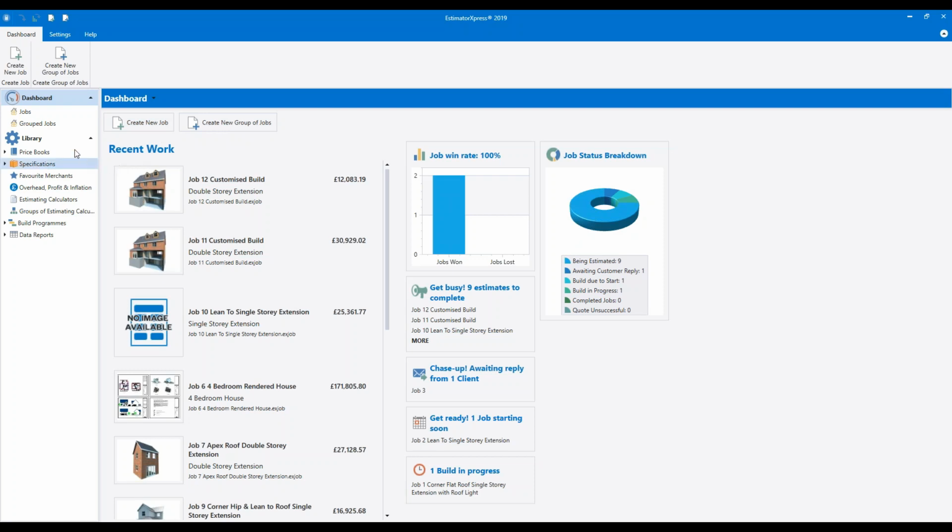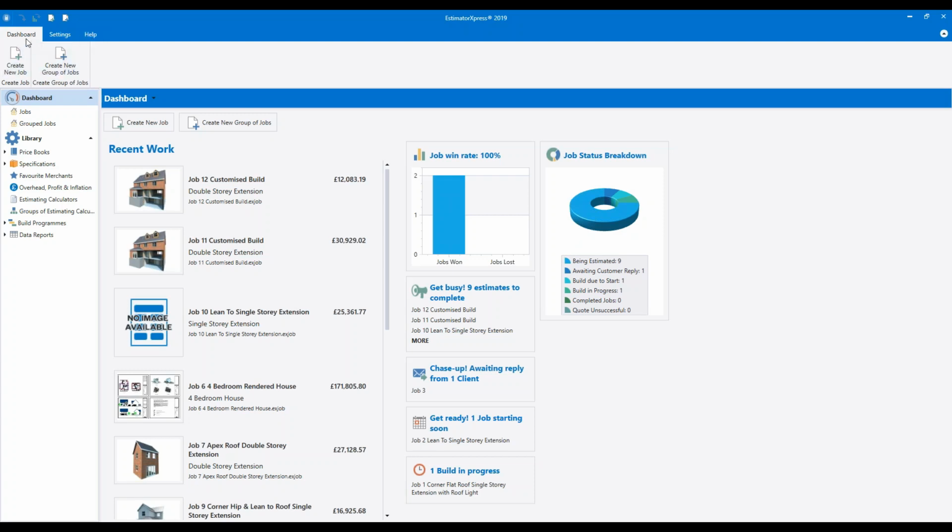As I've mentioned already, on the left-hand side of the screen we have the Estimator Express Navigator. Use this menu to navigate your way around the software. From here, you can open a list of jobs from where you can view and edit your job details. You can open grouped jobs, which we'll come on to shortly. You can also go into the Estimator Express library, and I'm going to be talking in depth about that today. At the top of the screen, we've got a ribbon. It has multiple different tabs, all of which have different tools, and the ribbon changes depending on which screen of the software you're looking at.